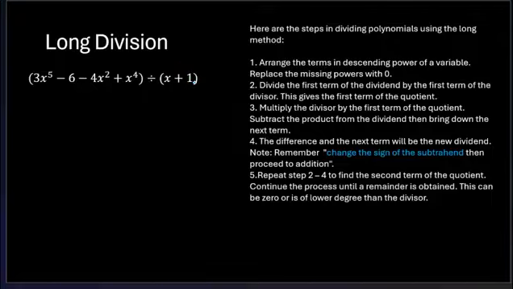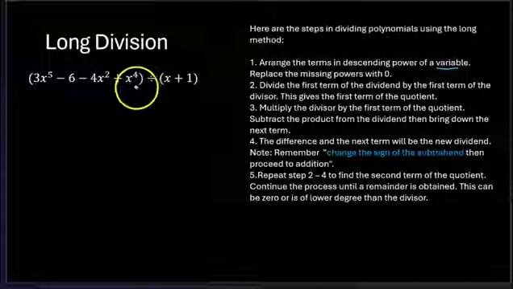In a long division, you have to arrange the terms in descending order of the power of a variable. Why did I say of a variable? Because sometimes there are two variables in the polynomial, but we just have to choose. It's either x or the other one. Just choose one variable. So in this case, there's only one variable. Then that would be x raised to 5, right? So that's the highest. So I'll just write a guide here before.